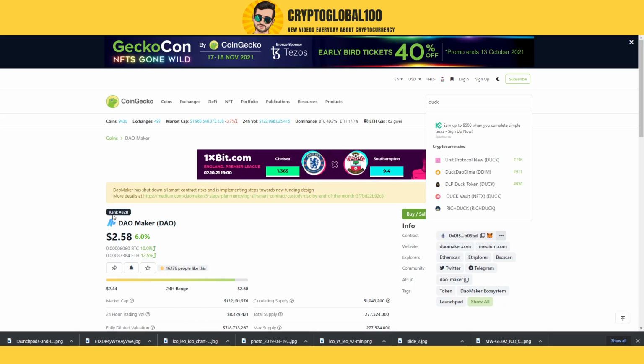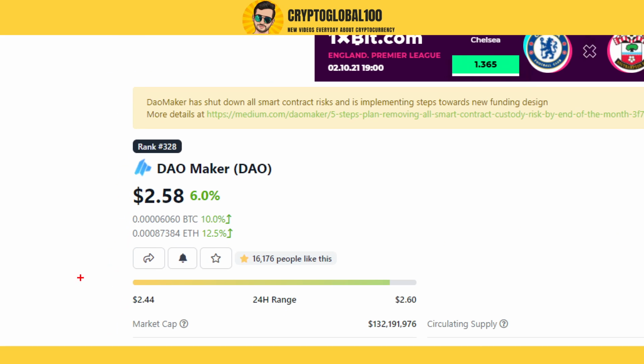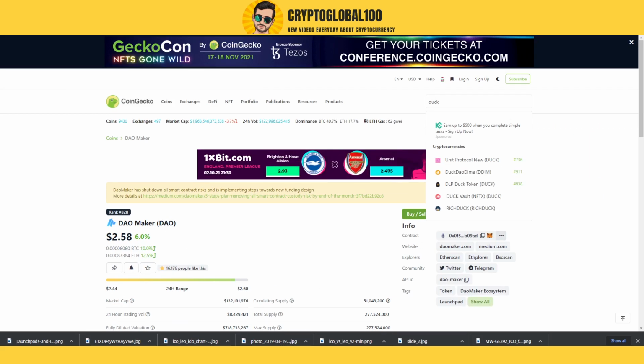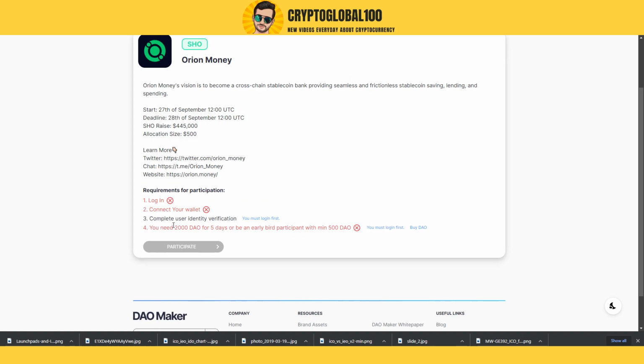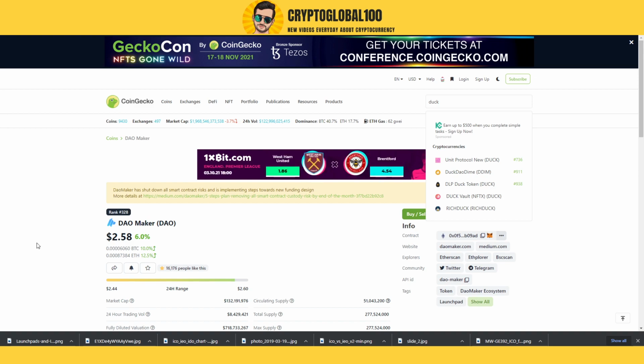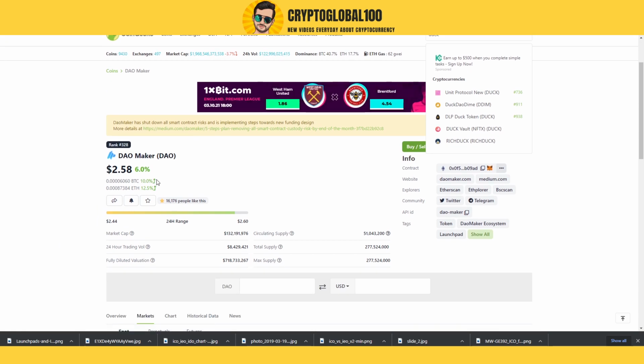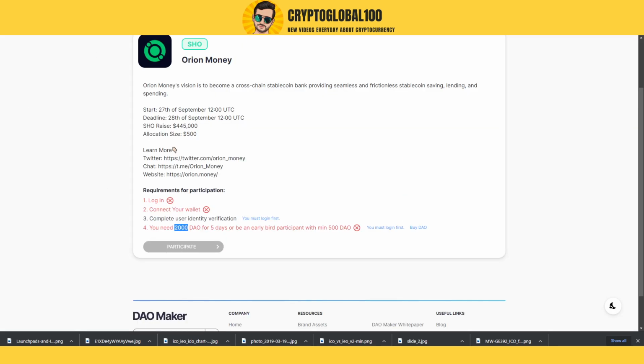So if you want to buy into this project, you need to have at least 500 DOW, which is almost $1200. So it's almost like $1200 you have to invest. Otherwise, the safer entry would be holding 2000 DOW tokens, which would be something around $4000 to $5000. Yeah, I know it's expensive, but the returns are huge.